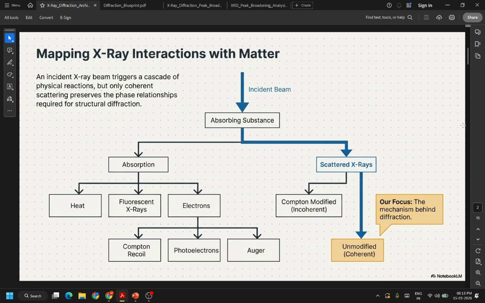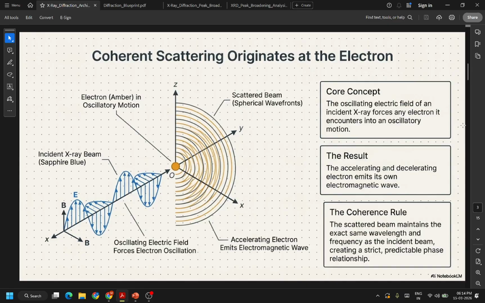Or there is unmodified scattering, which comes from the lattice, which is coherent scattering. And this is the only way we can get structural diffraction information. So this is the only phenomenon that is relevant to us here. The coherent scattering originates at the electron. An incident X-ray falls onto an electron, and the electron will be in an oscillatory motion, so that oscillatory motion will create scattering